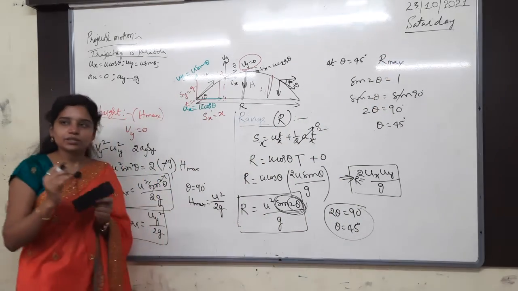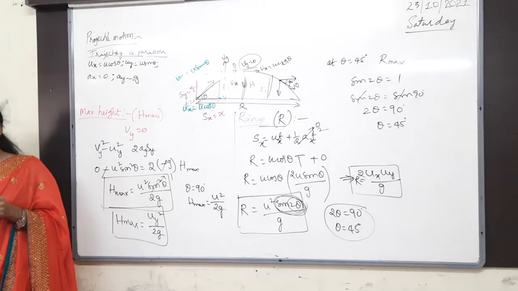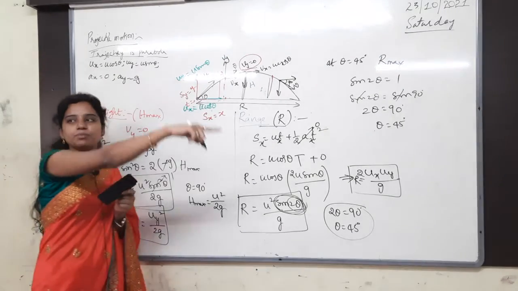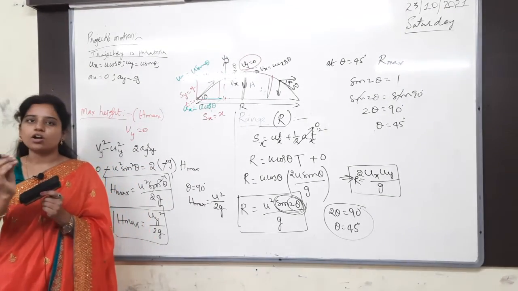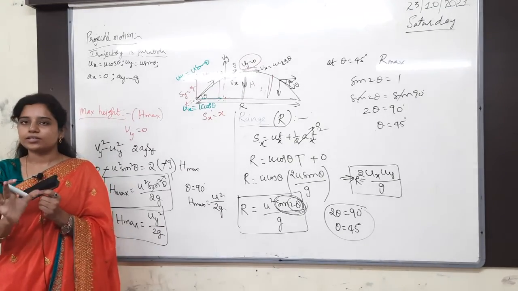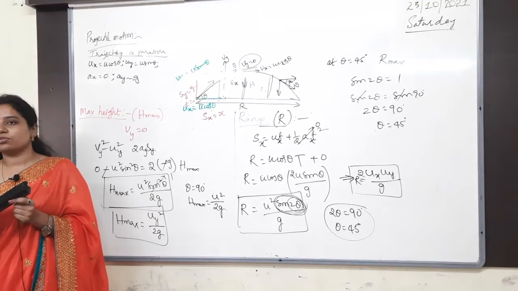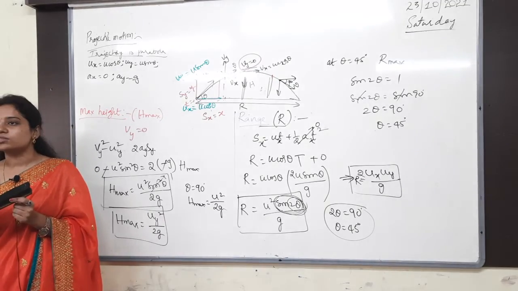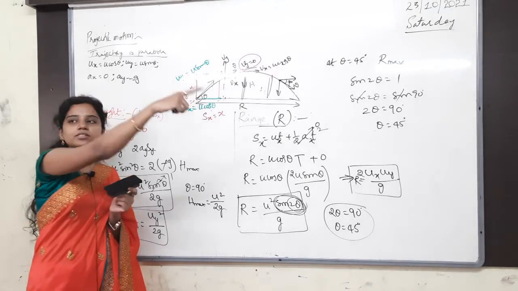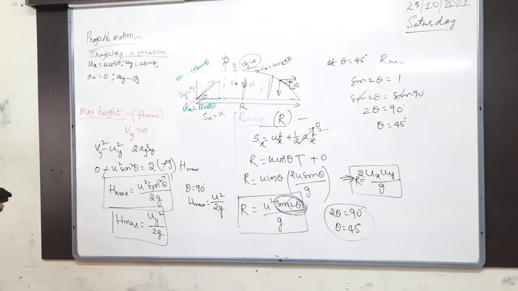So whenever we are throwing a projectile, like a javelin, they are throwing at exactly 45 degrees, and only then will it reach the maximum distance. Almost compulsorily they will throw at 45 degrees; that is the training they will give. Whenever you throw a ball too, only if you throw it at exactly 45 degrees will it reach the maximum distance. That is about the range.